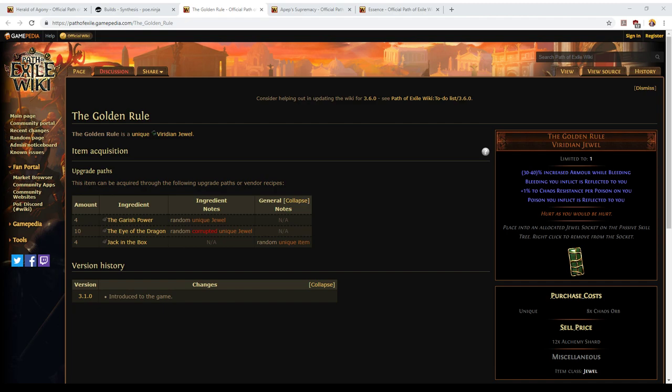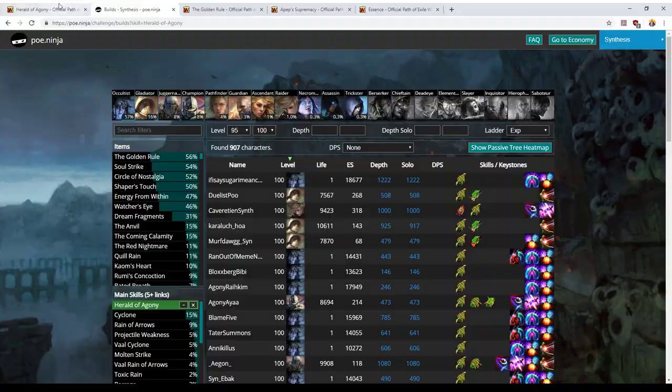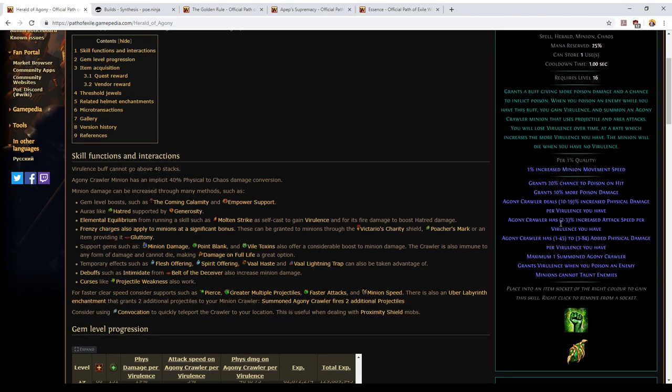You want to use the aura Hatred. It's actually surprisingly difficult to scale Herald of Agony's minion. If you add increased physical damage, let's assume that you're at 30 Virulence at the moment. Increased physical damage will only take the damage that this is dealing. Let's say that you've got plus 400%. Say you've got plus 19% increased damage per Virulence because you're using a level 20 version of the gem. So you've got 570% increased damage for your minion when it is at